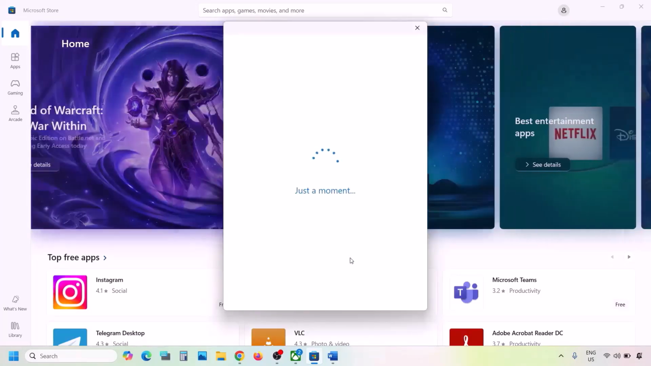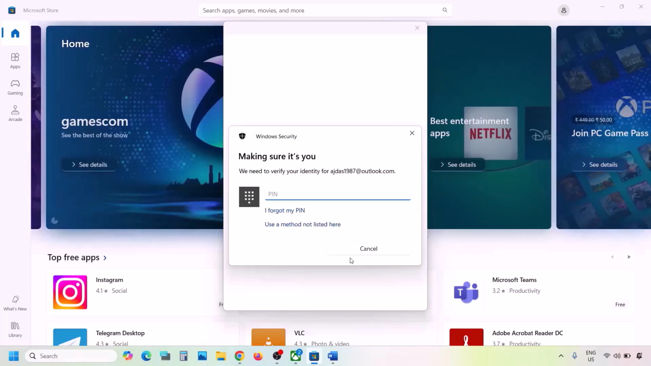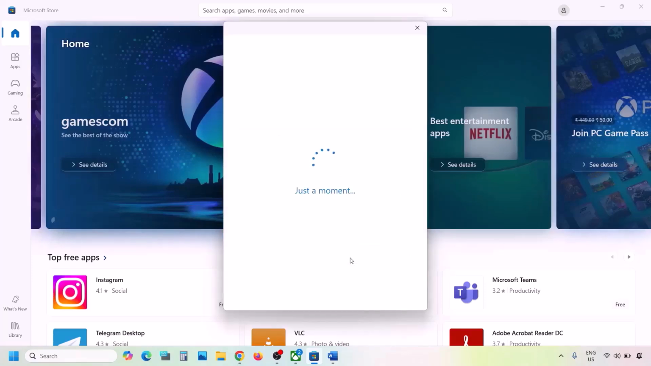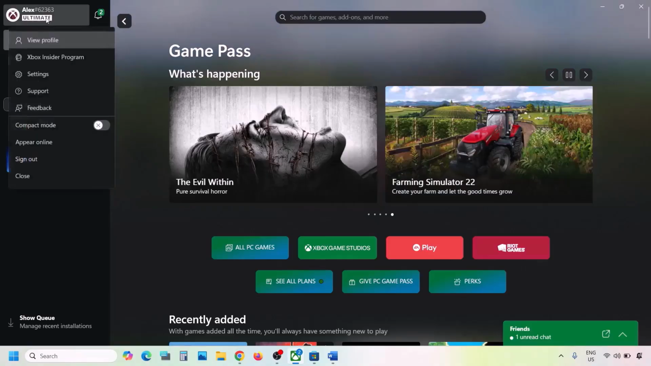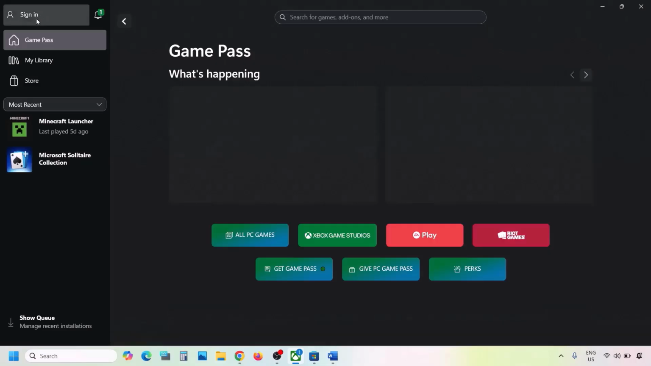Now once you enter the account, now you have to enter your password or PIN over here. Now once you're logged in, now go to Xbox app and then again on the top left click on your profile icon, click on sign out and then click on sign in